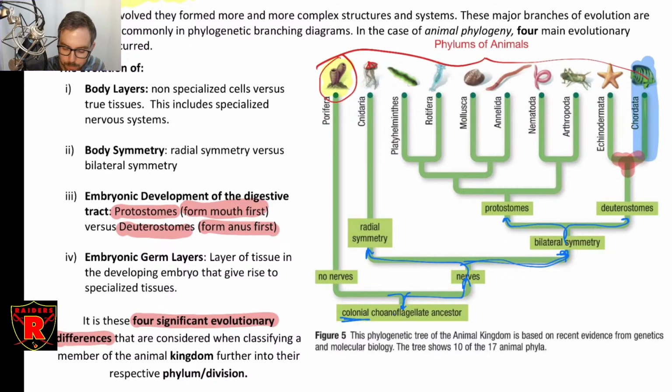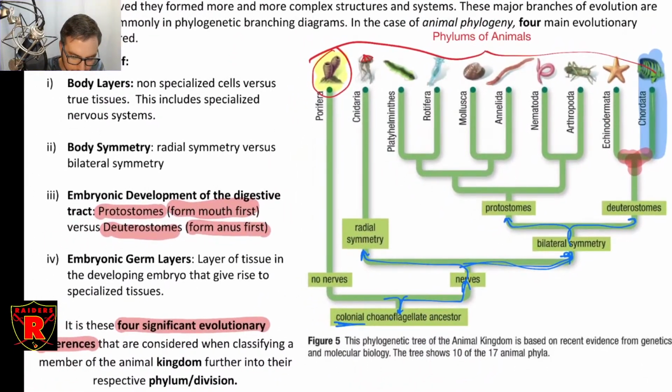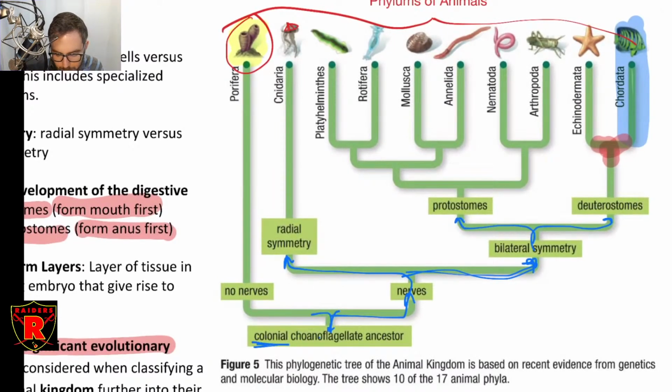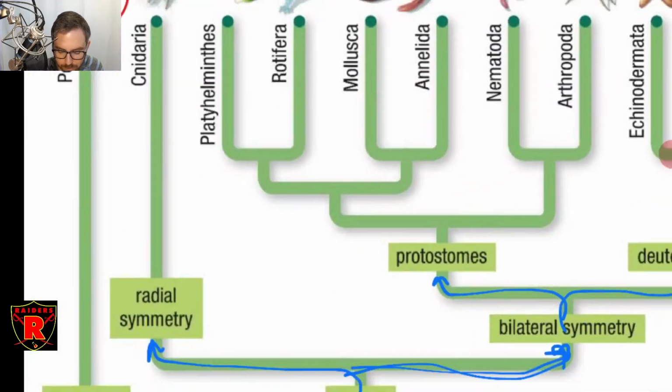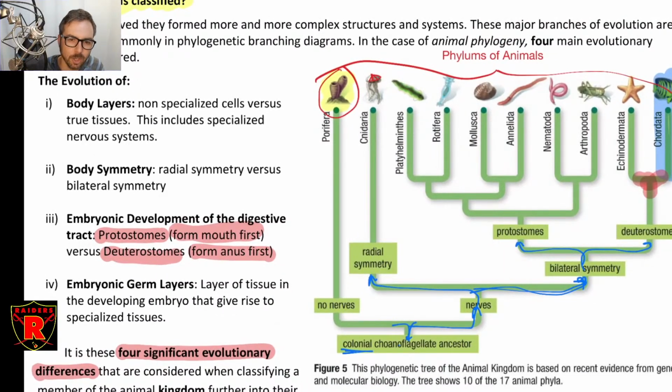So how do we generally organize animals? These are the phyla. We split them based on sort of four major categories that we're using to subdivide these. I mentioned these way back when we were talking about dichotomous keys. I guess this is a sort of form of dichotomous key. It's not really a very good dichotomous key. These are not all yes/no decisions. There are other things here that have no decision points, so it's not technically a dichotomous key, but it's a similar idea, which is that we look at body layers first. So that was one of the first things to evolve in animals, multiple body layers.